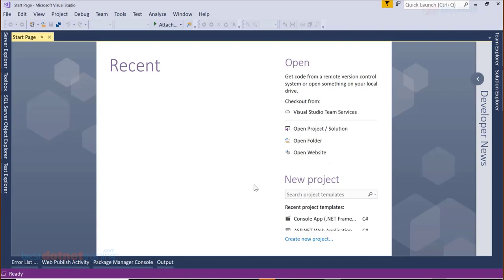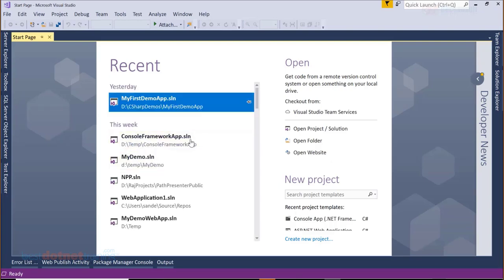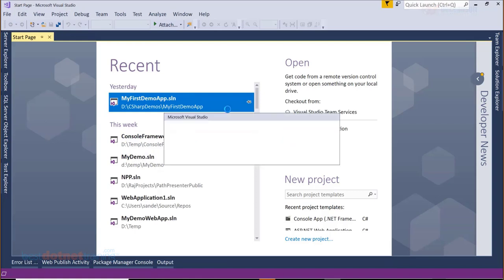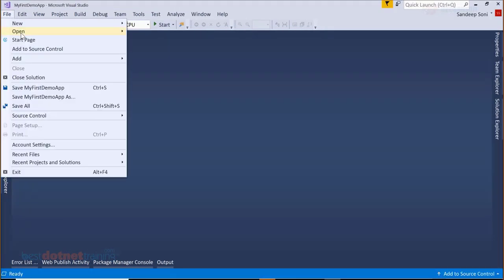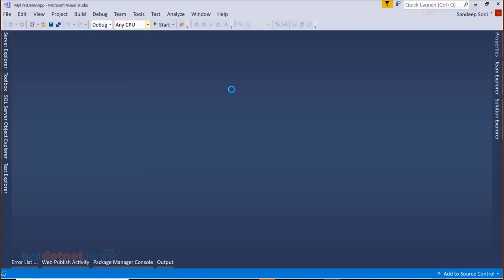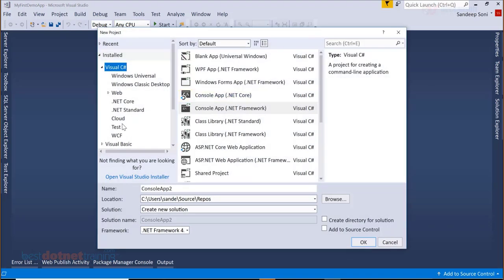So I create a project in C#. Let me create a new one. Call it a C# console application for .NET Framework, say DataTypesDemoApp. I store it in some folder and click OK.